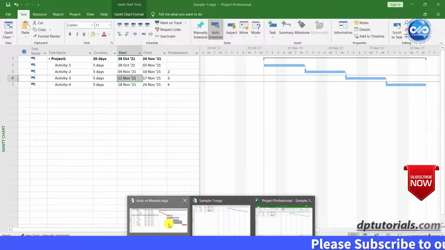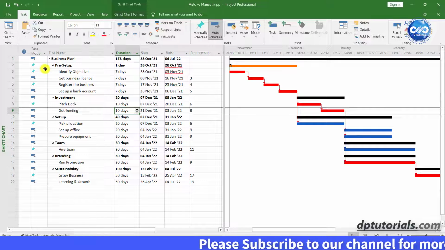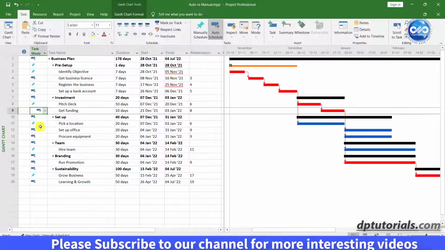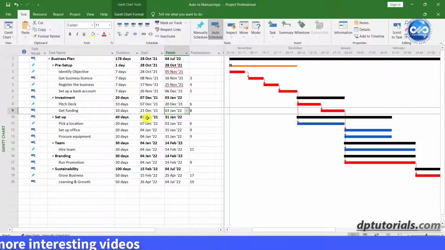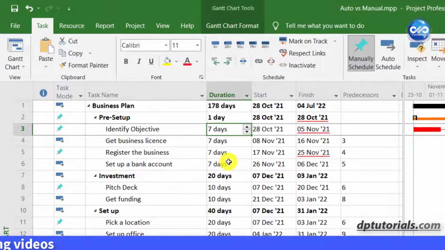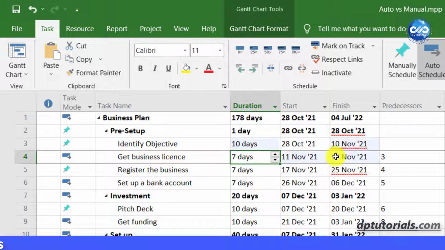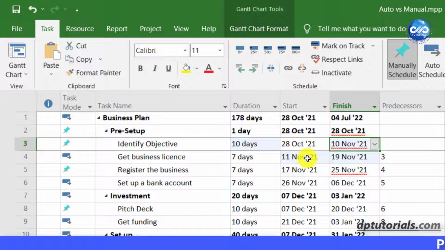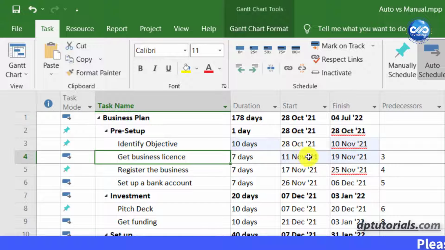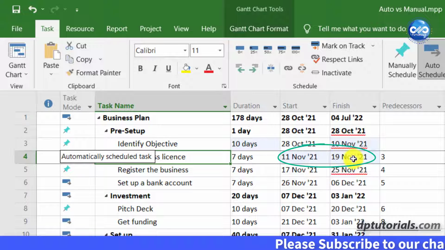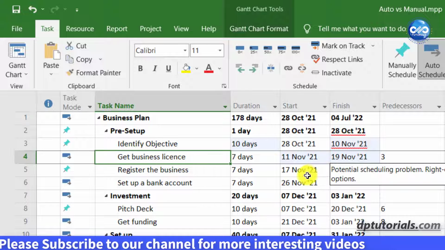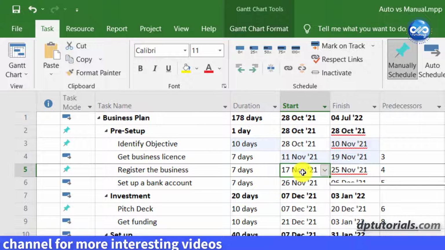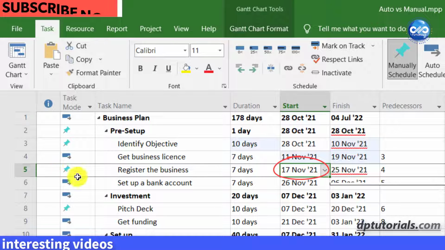Let us get into one more example. Here also we have got some auto schedule and manual schedule activities with the finish to start relationships. If I change the duration of the identify objective task, the end date automatically gets updated and the successor, get business license, which is an auto schedule activity, will also get updated with the start and end dates based on the dependency. But you will observe that the next activity, register the business, will not move as it is a